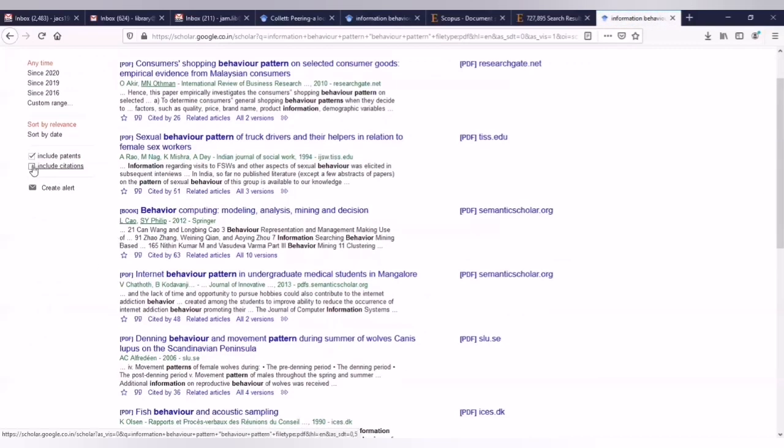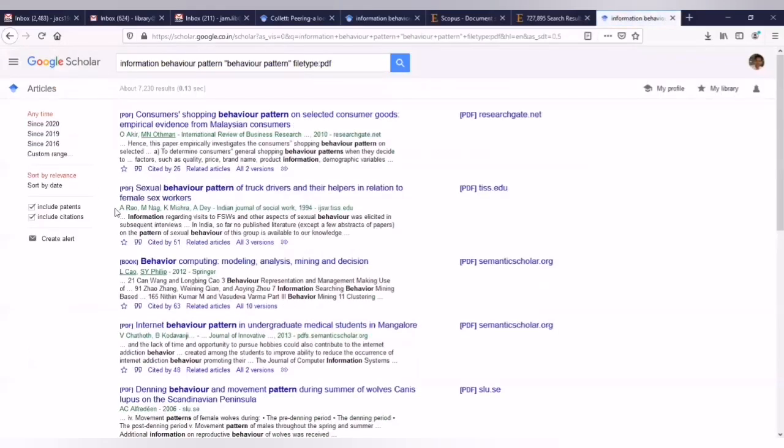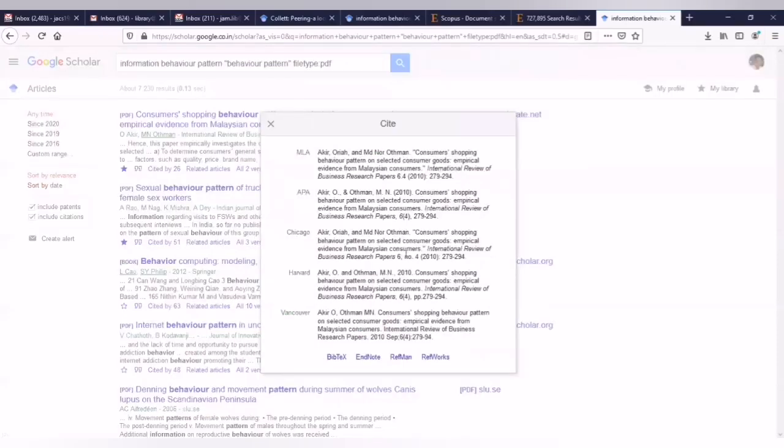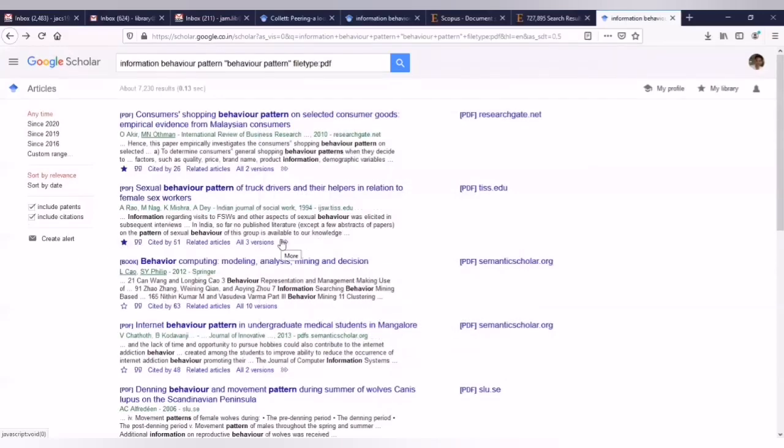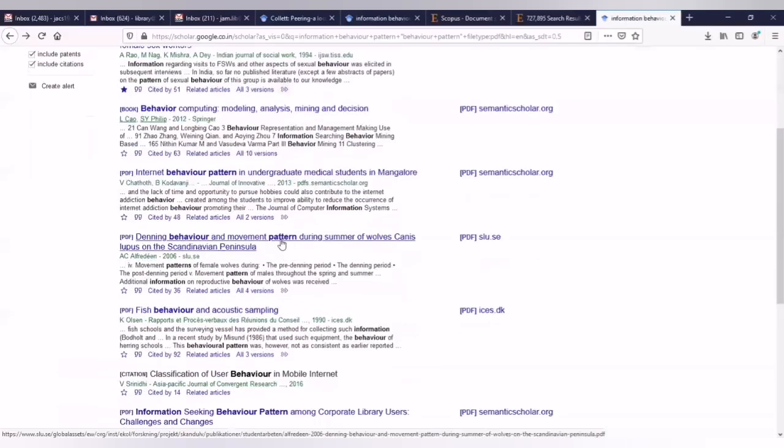Okay, here you can include citations, which means it will give the result with a citation, and you select the article. It can be saved in your library. If you want to make it based on the citation, you can include it in your articles, and click here. So it will be viewed in HTML format, and you click here, and you will get the citation format of this article. It can be directly imported into your Mendeley or other reference management tools.